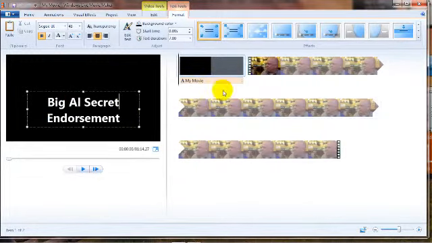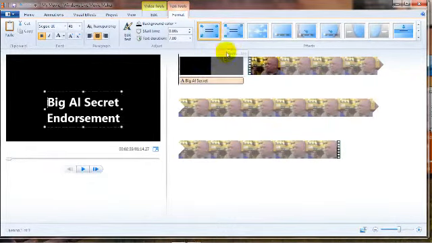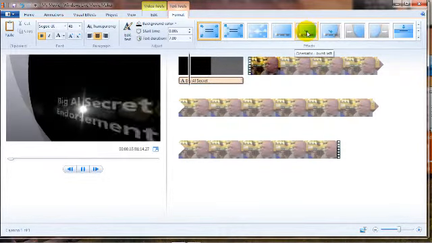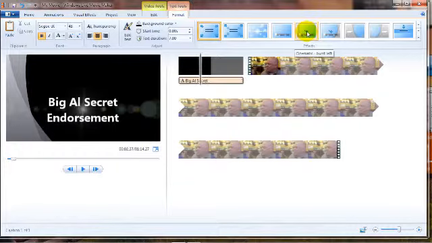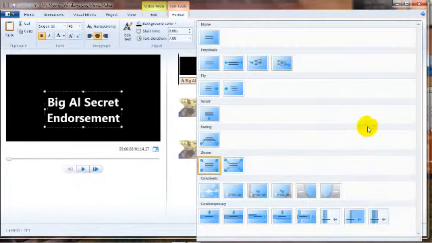Okay. Another cool thing is here we can play around with these different effects. And if you want to see how an effect looks when this title screen plays, you just put your mouse over the effect and you see how it works. Like that's kind of like a zoom out from the center. And you've got all these different effects. You just put your mouse over them and you see how it plays. And if you want to see even more, just click on this drop down thing here and you see a whole bunch of different